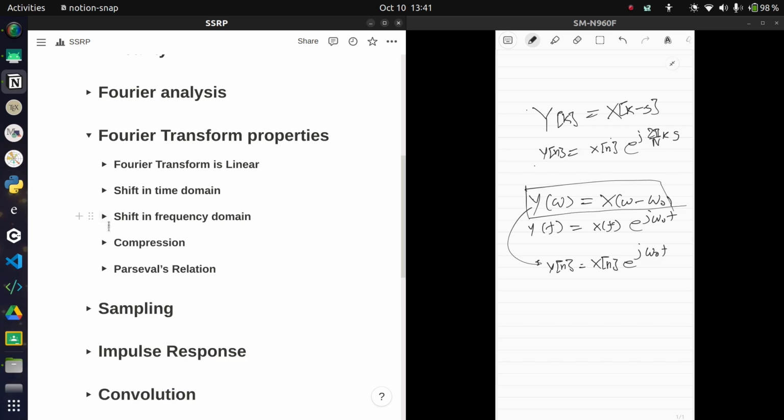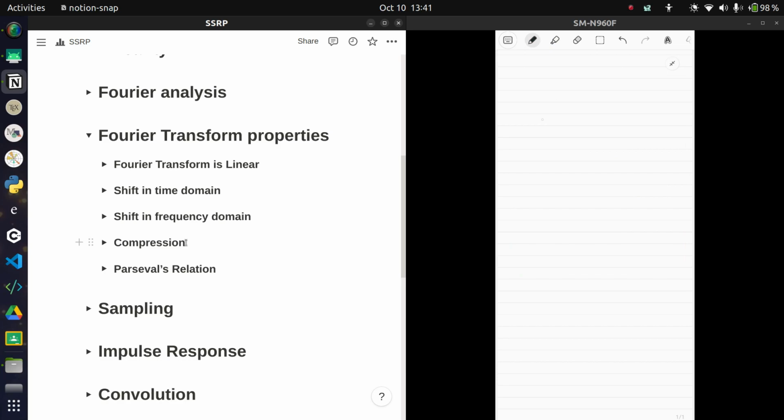Yeah, cool. Okay, let's go for compression, which is something I kind of mess up all the time. But this time I won't. I don't promise, but let's try to do it. So suppose you have y of t, first the continuous one, that's equal to x of at. Then you can say that Y of omega is equal to 1 upon a times X of omega upon a. And if you have y of n equal to x of an, then y of k is basically